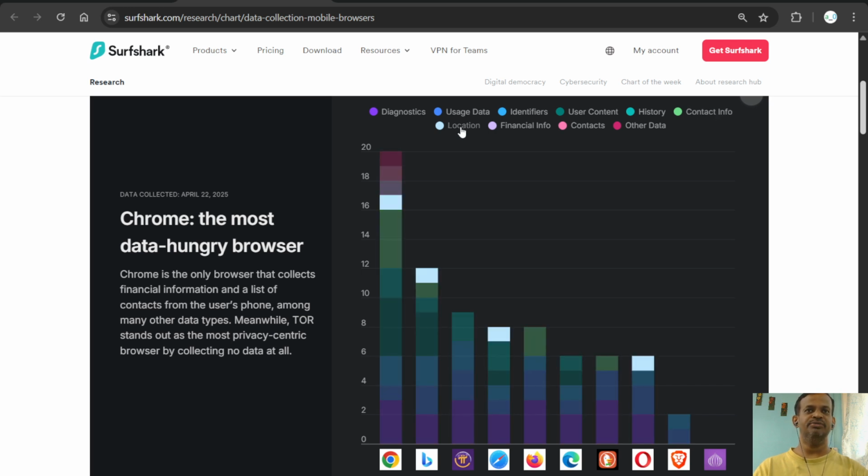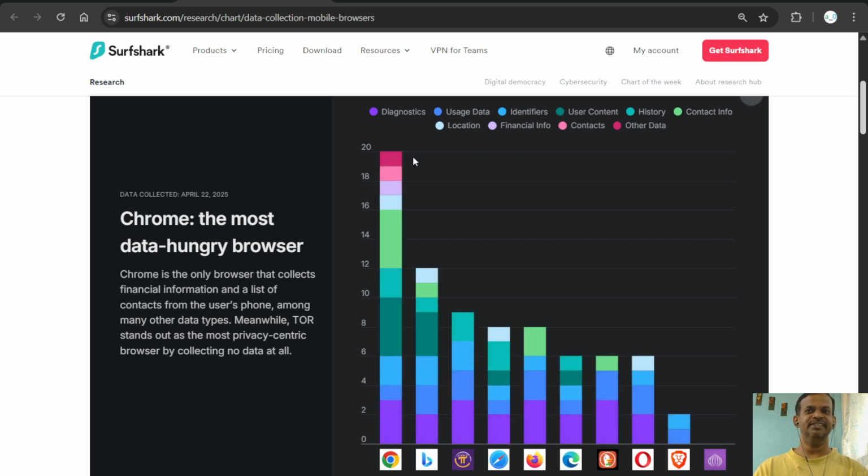Location also: a browser may check your precise or coarse location. We will go through that in detail in some time. Financial details: here we can see that only Google's Chrome is collecting your financial info as well, and contacts, then other data. It's around 20 types of data collected by Google's